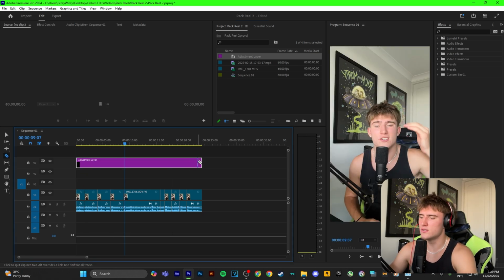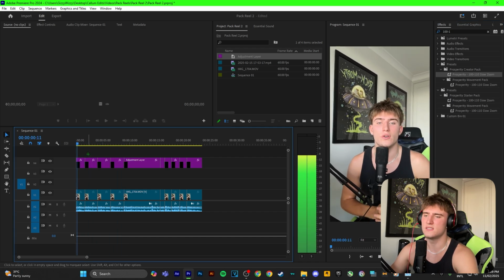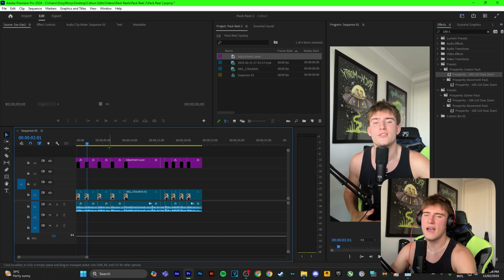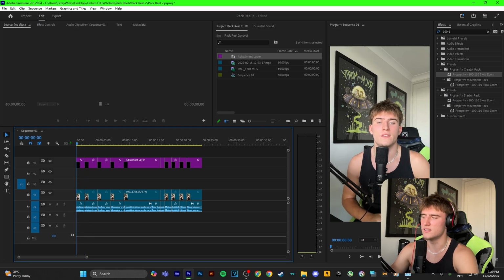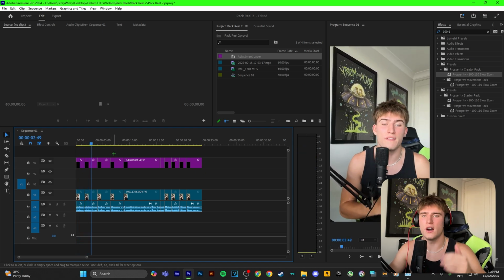So now what you want to do is get your adjustment layer and just chop along here and just match all of your cuts, select it all and go up to the effects and search in 100 to 110 and just add the 100 to 110 slow zoom. So all this does is add a zoom in on your video. So as you can see here, every cut it will just zoom in,